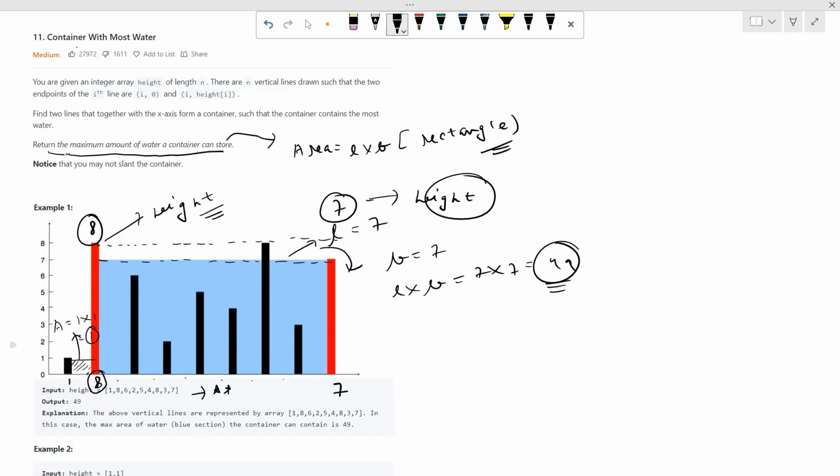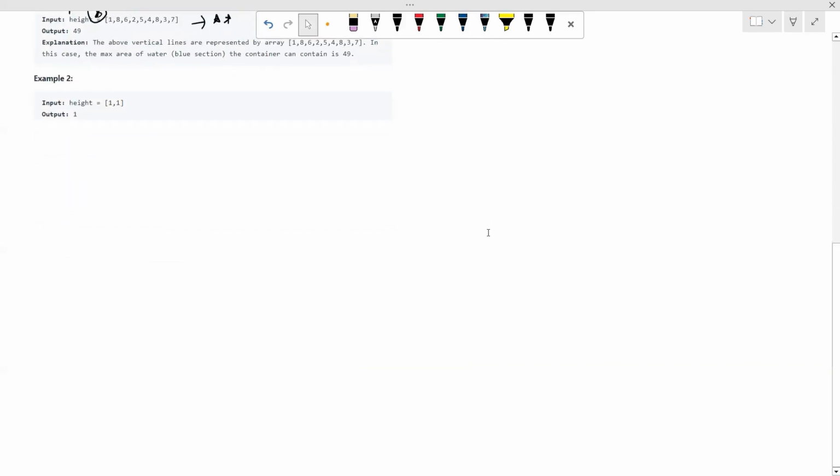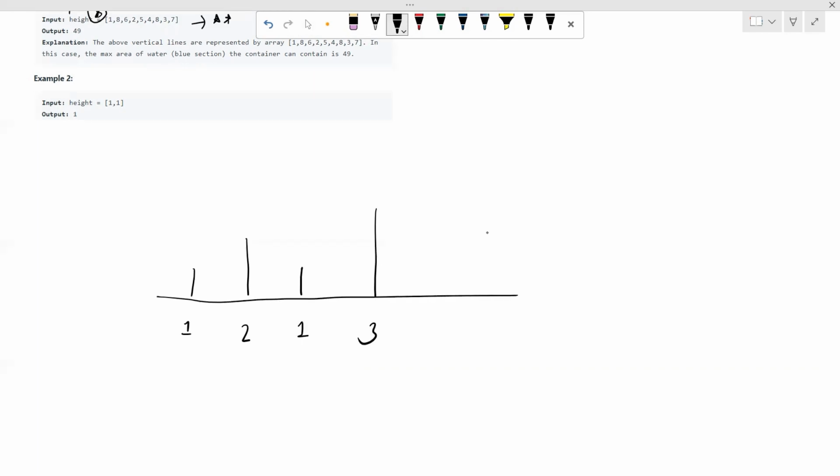Now let's take a different example, a short example, so that this problem is clear to all of you guys, like what we need to return, right? Let's say we have this line. This stores 1 and this stores 2 and this also stores 1. This stores 2, sorry, 3. And we have this line and this stores 2, right? This is our example. Let's say this is our array, right? Now let's say